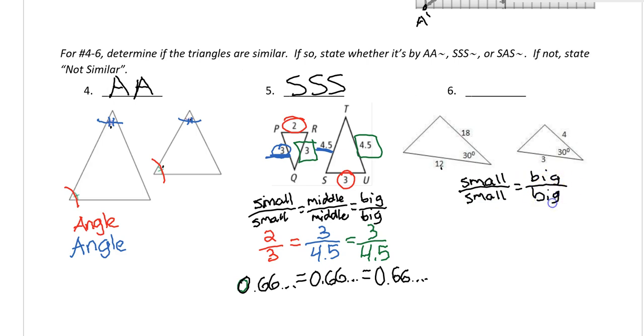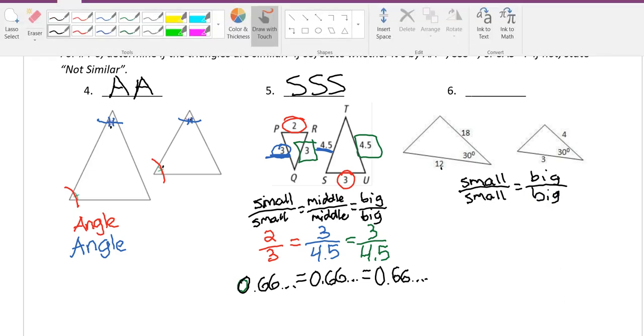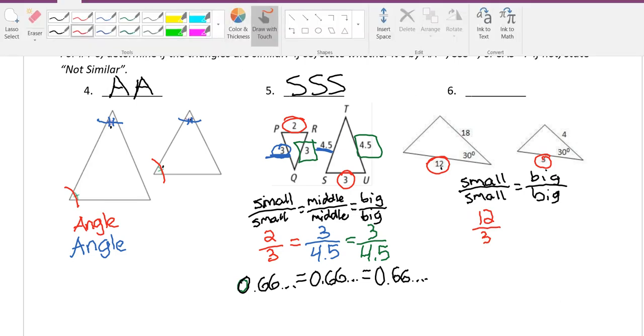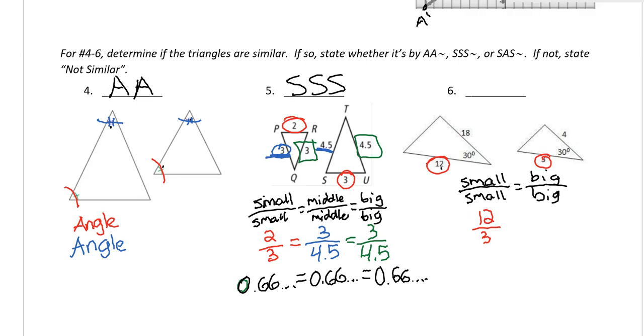Side-angle-side only has 2 sides, so I just don't really have a middle side. I have a small side and a biggest side. So my small side on this one is 12 and 3. And then my big side is 18